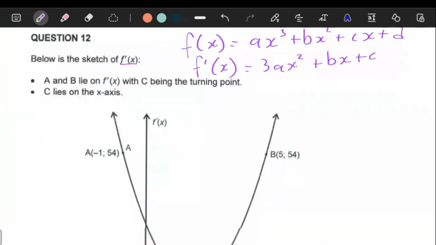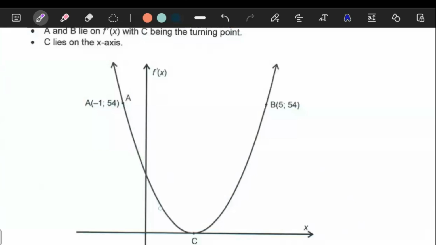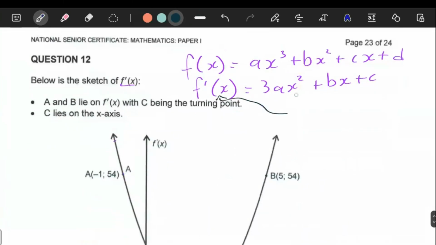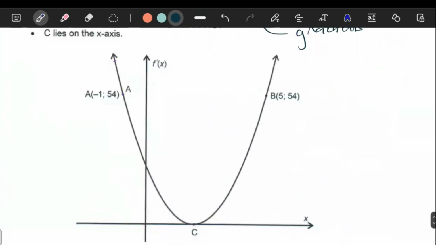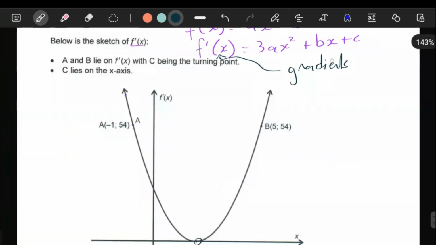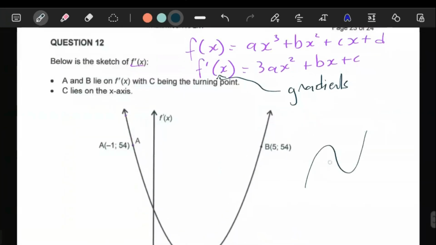They have just sketched an equation that is showing a parabola, but then you have to remember the different y values of this parabola are just giving you the gradients of your cubic function. Because logically speaking, remember this is just gradients. So this is just a visual representation of how the gradients are going to get lower and lower, the gradient is going to be a 0, and then it gets higher again. Because if this is a smiling parabola, it means the gradients of the cubic went up and up, and then were equal to